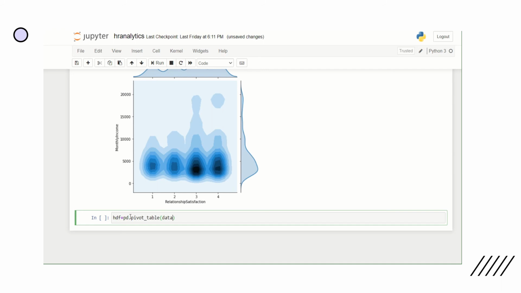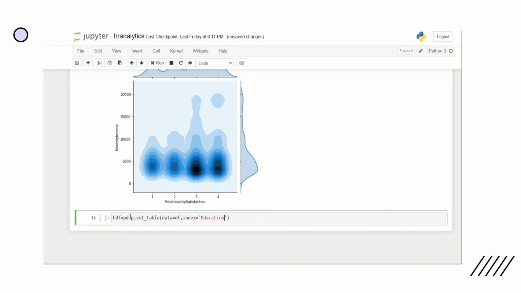Here first we need to give the data. Data is our data set. And now I'm going to specify index values. Here for index I can take job role or education, any variable.